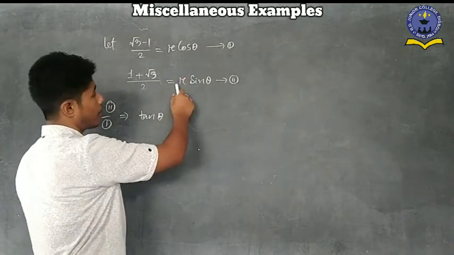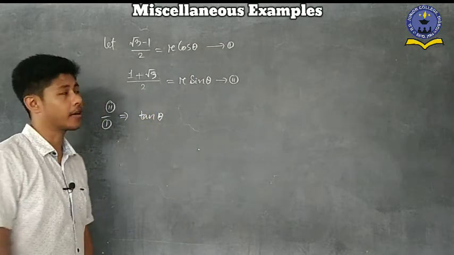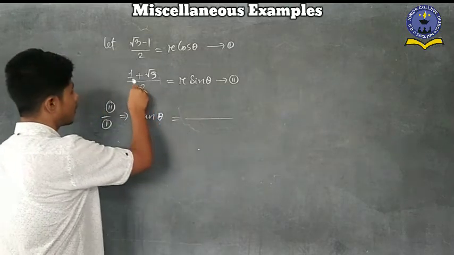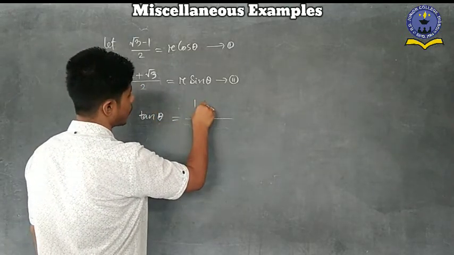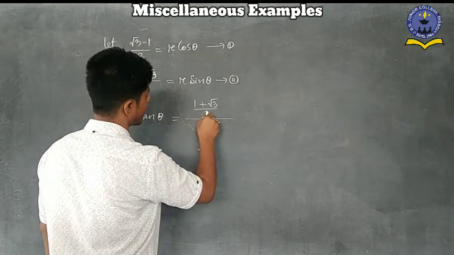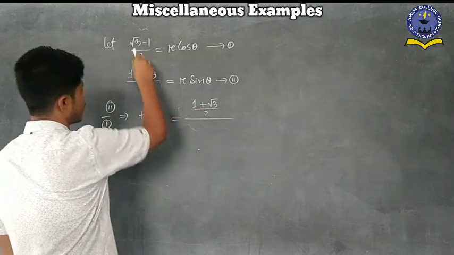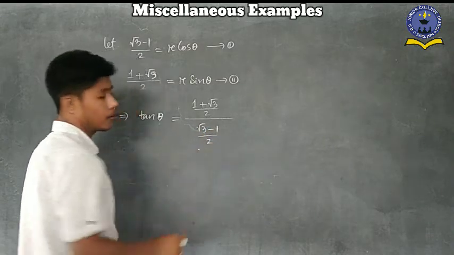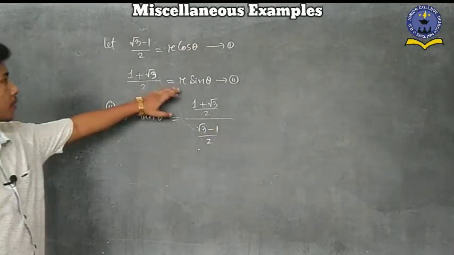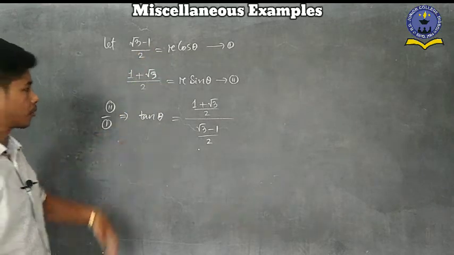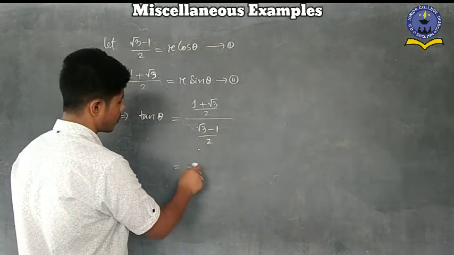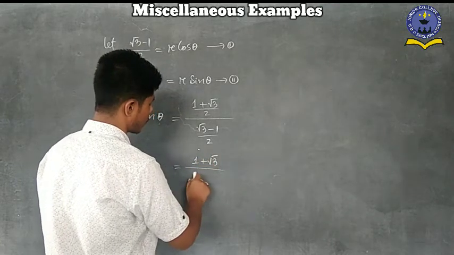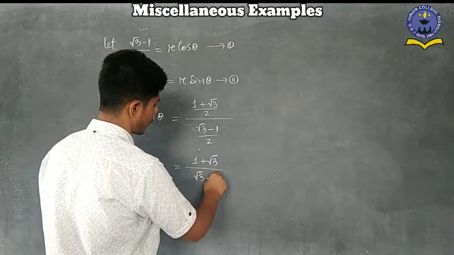2 divided by 1, r sin theta by r cos theta, that means r cancel, sin theta by cos theta means tan theta. So now here r sin theta means this one, so that's why we have to write here (1 plus root 3) divided by 2. Is it clear? And this one is what you have to write, (root 3 minus 1) divided by 2. This 2 we write, r cos theta, sin theta divided by r cos theta. So 2 cancel here, what will remain here? So simply here remain, this one is 1 plus root 3, and this one remain here root 3 minus 1.